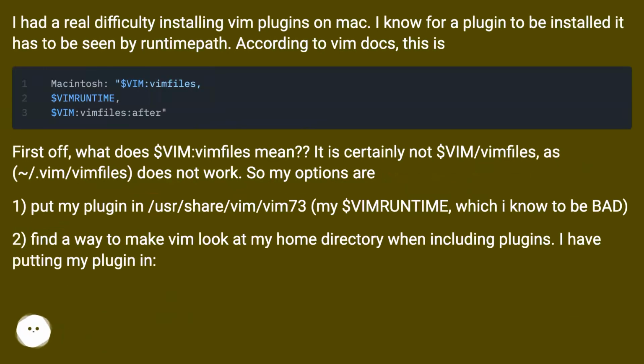Installing plugins in Vim. I had a real difficulty installing Vim plugins on Mac. I know for a plugin to be installed it has to be seen by the runtime path. According to the Vim docs, this is: